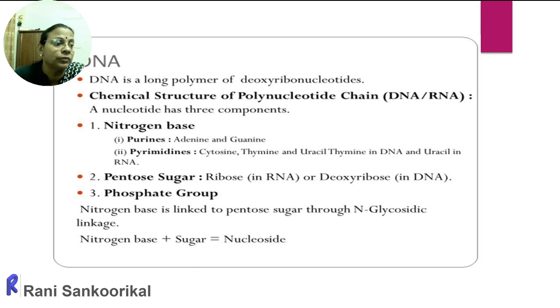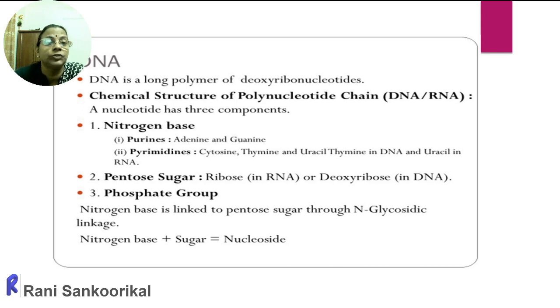When we move into the structure of DNA, it consists of two polynucleotide strands, and polynucleotide means many nucleotides. The components of a nucleotide are nitrogen base, pentose sugar, and phosphate group. Nitrogen bases come under two major categories, purine and pyrimidine. Purines are adenine and guanine, which are double cyclic,